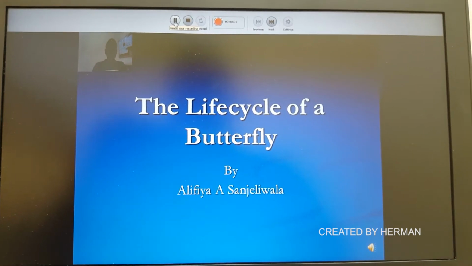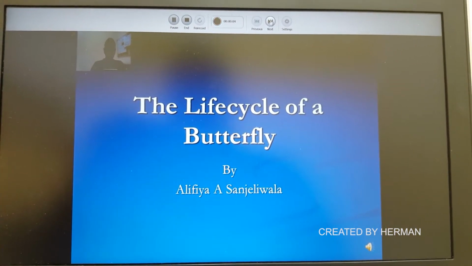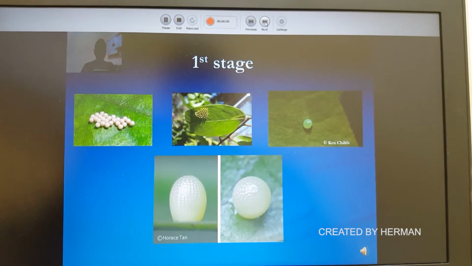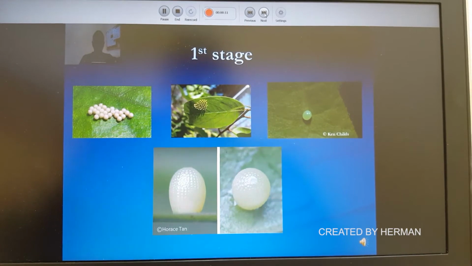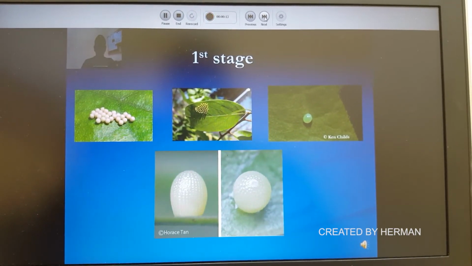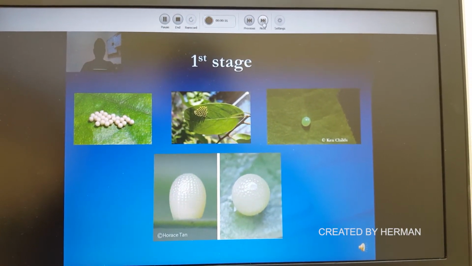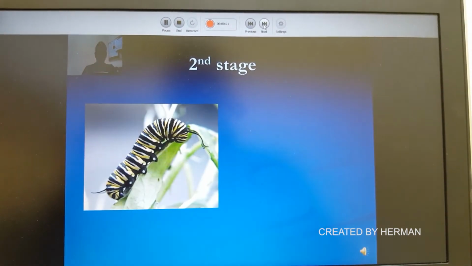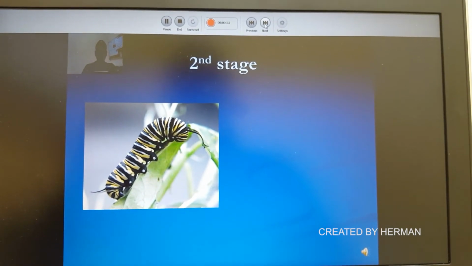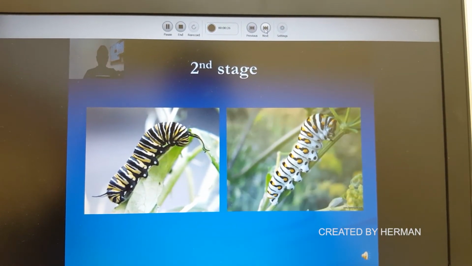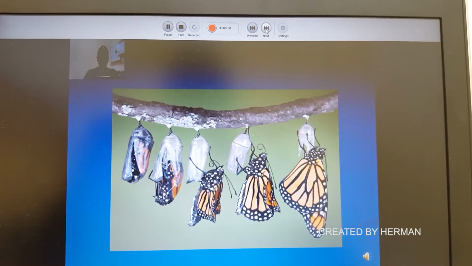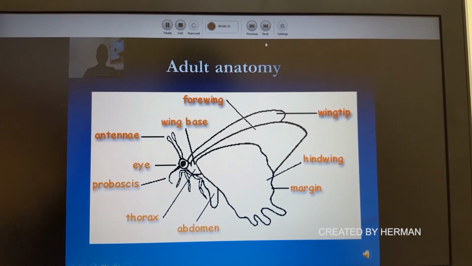Now you have another set of buttons on the right hand side which says next and previous. When you say next, you go to the next slide or a next transition or a next effect. It all depends on the way you have designed your PowerPoint presentation. You can also go to the previous slide if you want to go back. And when you say next, as I said, it goes to the next slide. After you're done, you can hit the end button or you can even pause the recording. I wouldn't pause it for any reason. I would just go with one flow. And once I'm done, I'll hit end.